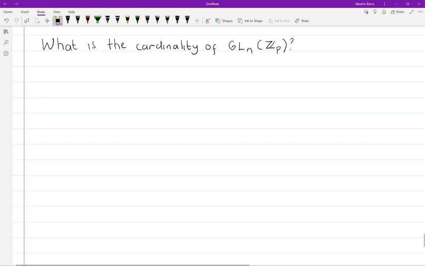Hello, welcome again. In this video, we're gonna discuss how to find the cardinality of GL and ZP. So we need to explain what this GL and ZP is. So first of all,